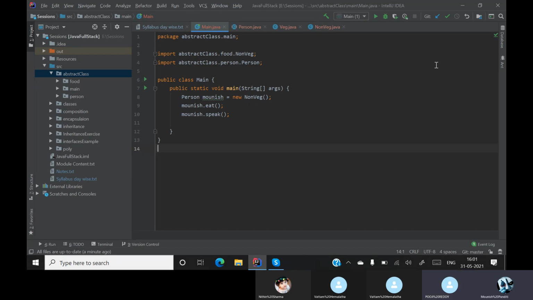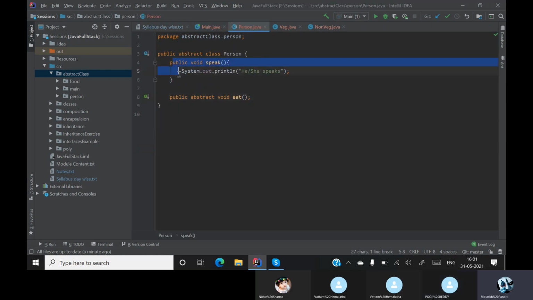Abstract class. See, an abstract class will have both concrete methods as well as abstract methods. And you can't create an object for an abstract class. Whereas an interface will have only abstract methods.